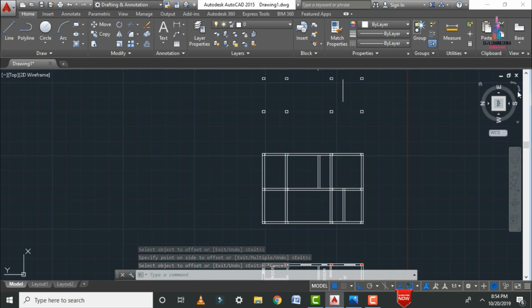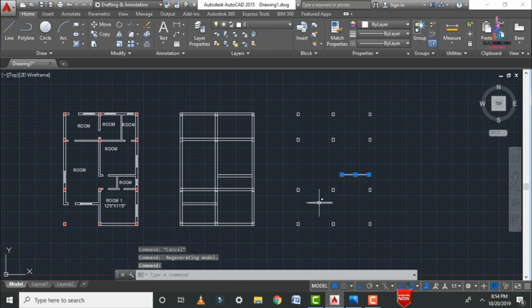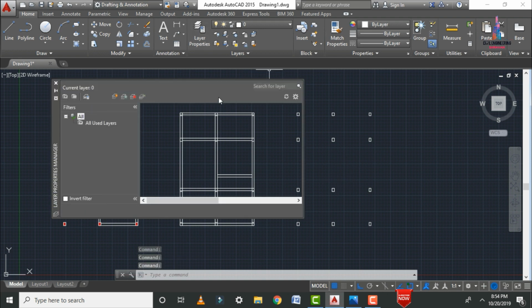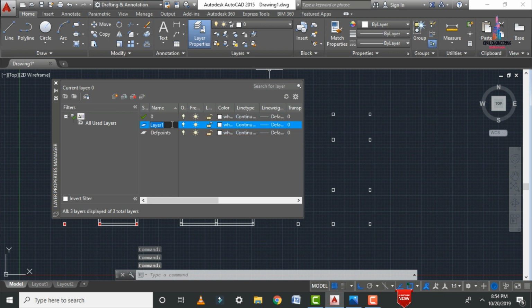Now I will explain how to draw the column layout diagram for this respective section. For that, initially I will rotate this respective model, so I will delete this respective section. For that we will create the layers related to the center line diagram. So click on layer property. Initially I will select the new layer property option. Here I am selecting it as column, again I am selecting the color as white.